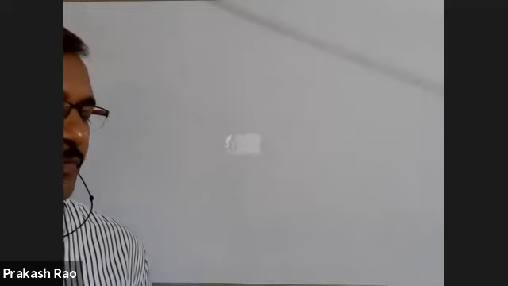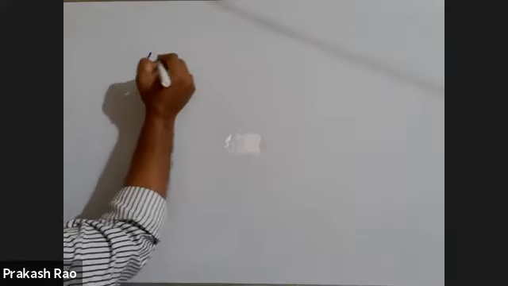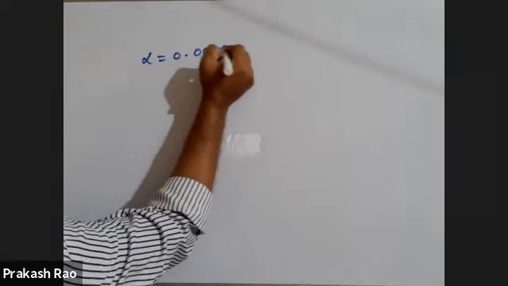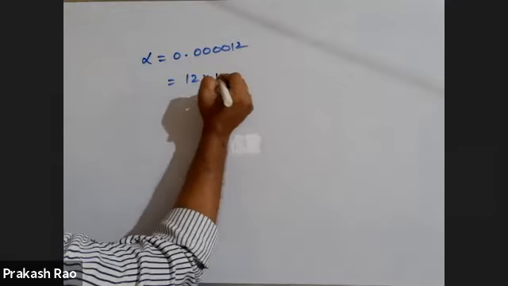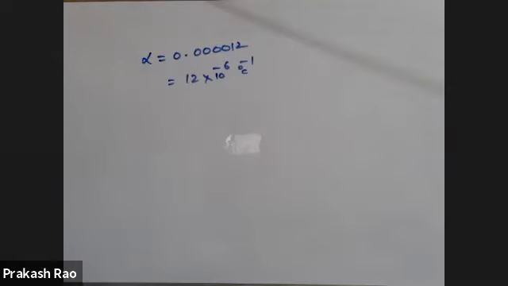Next. Question number 12. The length of each steel rail is 10 meter in winter. The coefficient of linear expansion of the steel is 0.000012. That I can write as 12 into 10 power minus 6. Alpha is given as 0.000012, which is nothing but 12 into 10 power minus 6. Write it like this. And temperature increases by 15 degrees centigrade. Then the gap which must be left